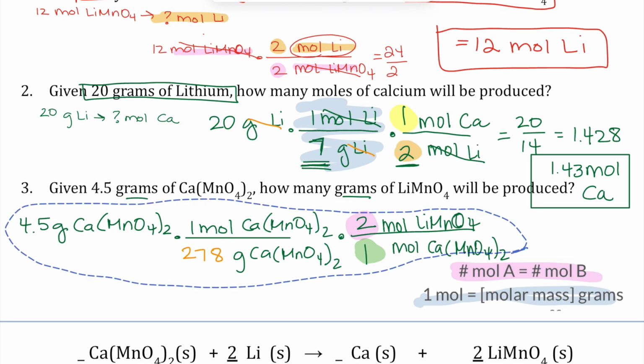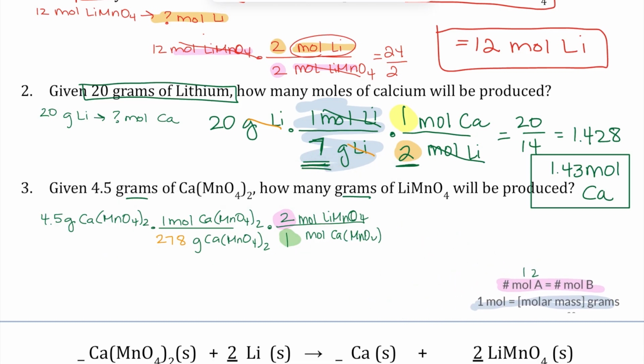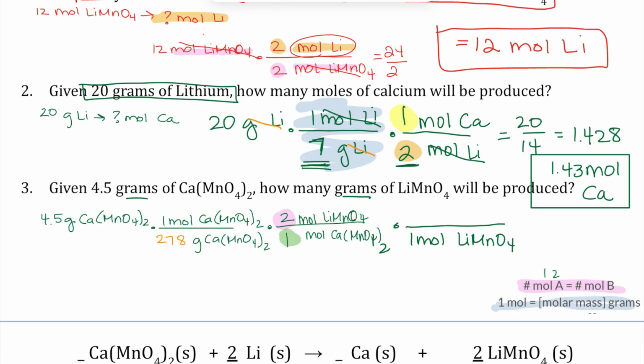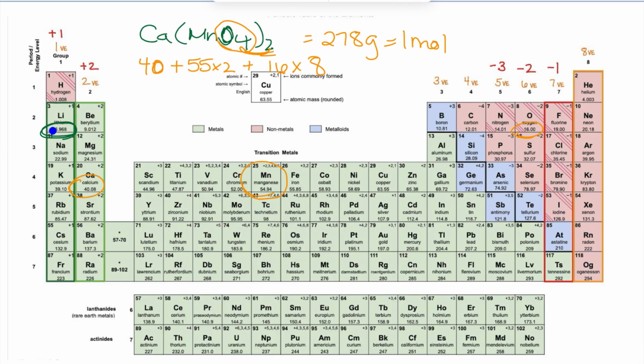I need to get to grams though, so we are going to do, finding that molar mass, 1 mole of LiMnO4. Finding that to grams, I'm going to have 1 lithium, 7, 1 manganese, and 4 oxygens